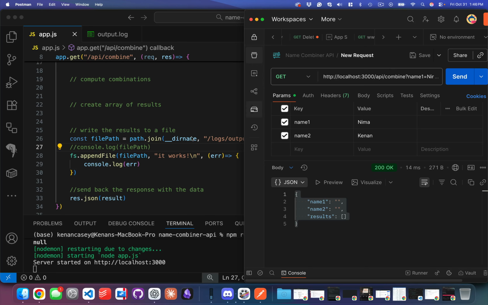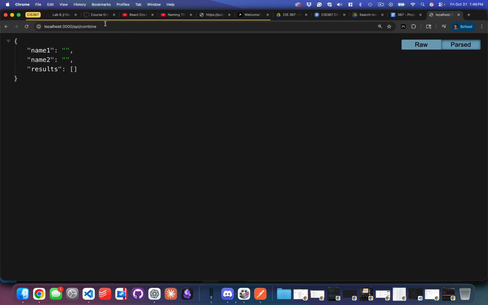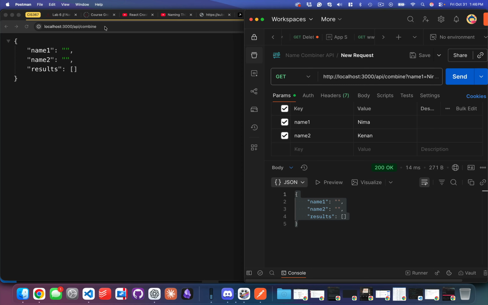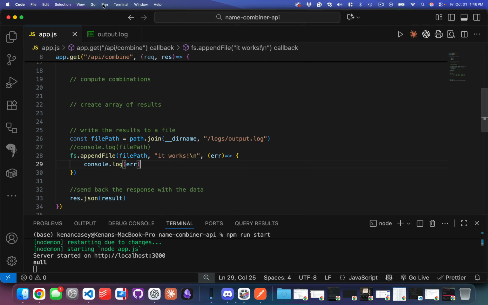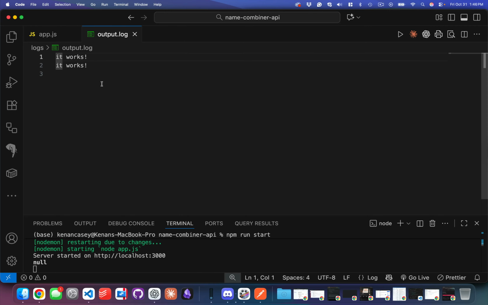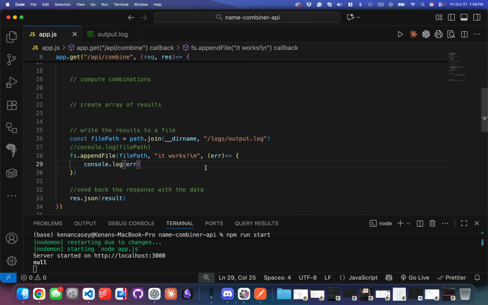I went to Postman or to my browser, and then send a GET request. The browser would just be pressing Enter, Postman, send. I think I hit it again, so now it should say it works twice. Yeah. So I don't really want it to say it works. I would like it to have data that's relevant to what I just did, whatever the combination is, which I think you can say. You could say something like